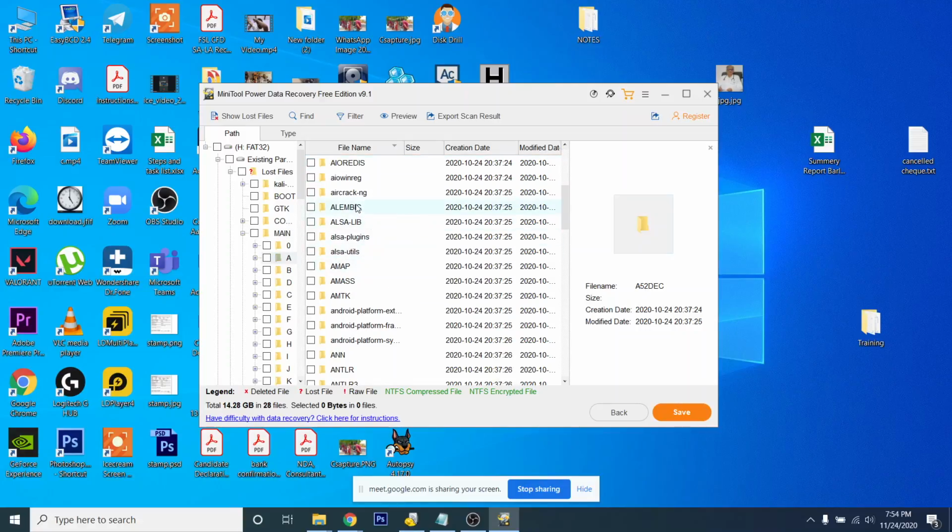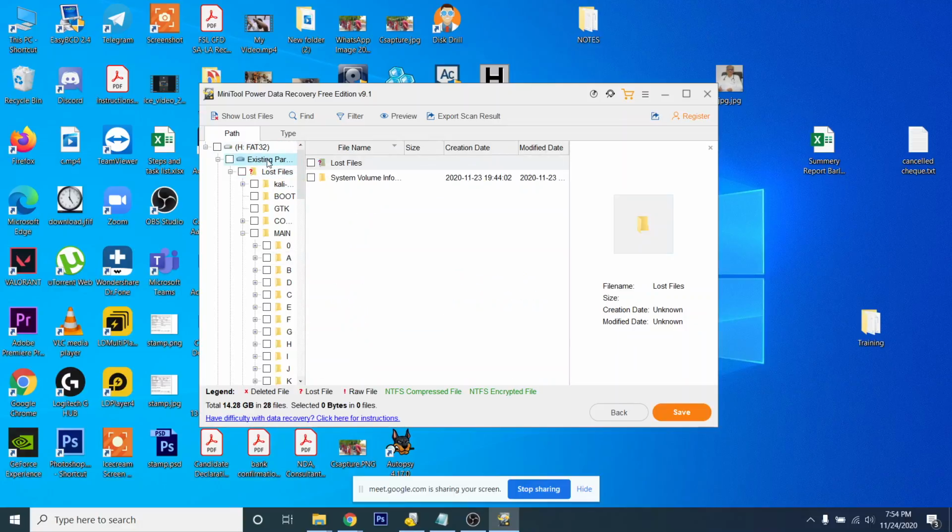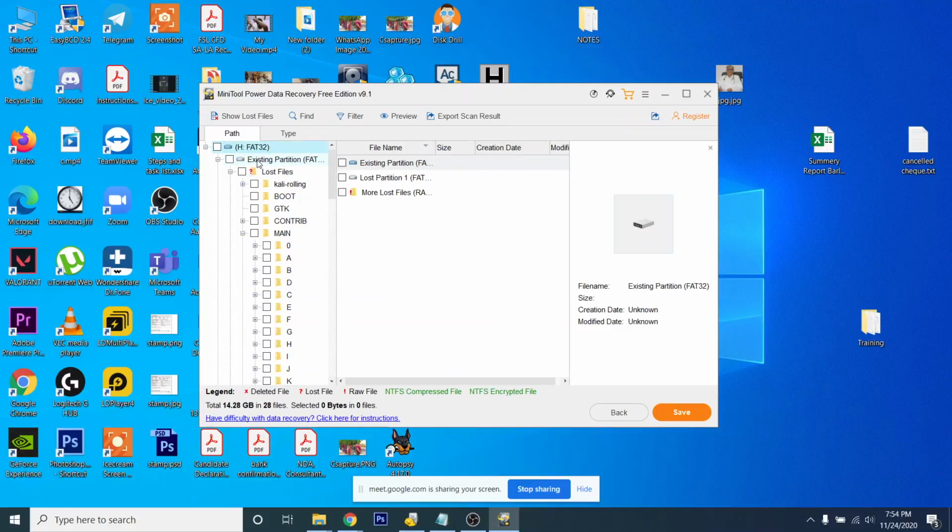You can see here, AirCrack. AirCrack is used for Wi-Fi cracking. There are Android platforms also, Apache. Very nice. Autopsy. So see, here we are getting Autopsy also. So this is the basic thing. If you are using this tool, you can manually get to all the directories directly. So from experience, you will gain a lot of information.